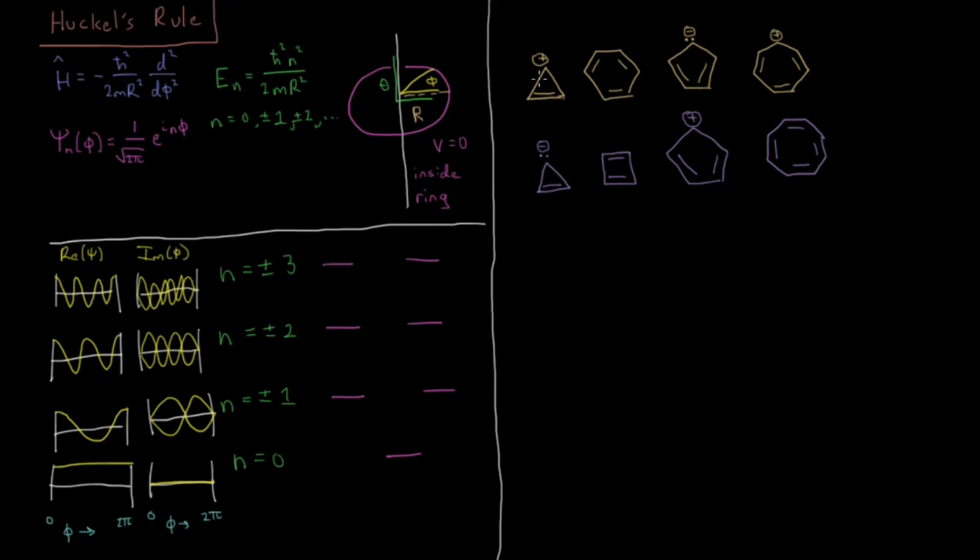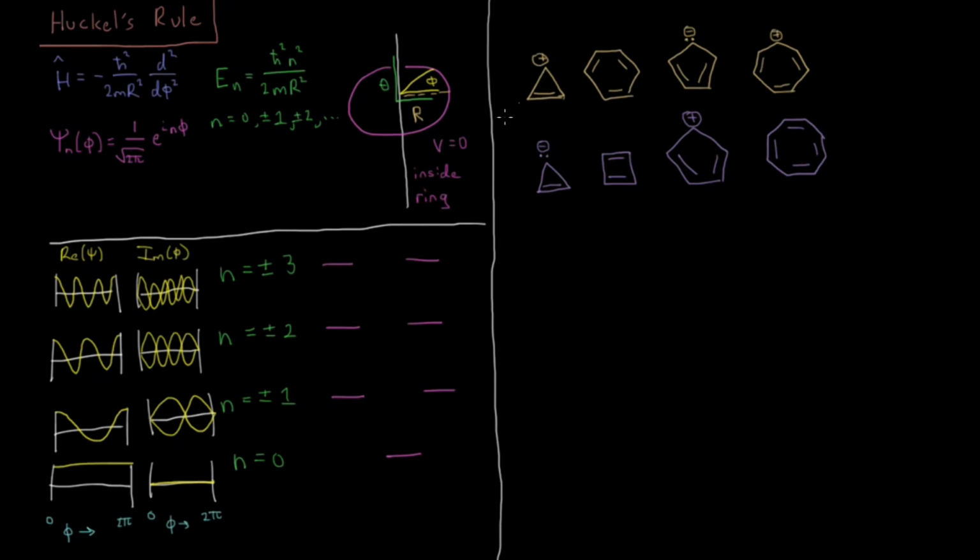So if we have things like we have on the right here, where we have a system of p orbitals all the way around a cyclic ring, we can approximate the pi system of these cyclic pi systems as being a particle in a ring model, and then see what consequences that leads us to. All right, so if we have things that have the structure of what we have up at the top here in orange,